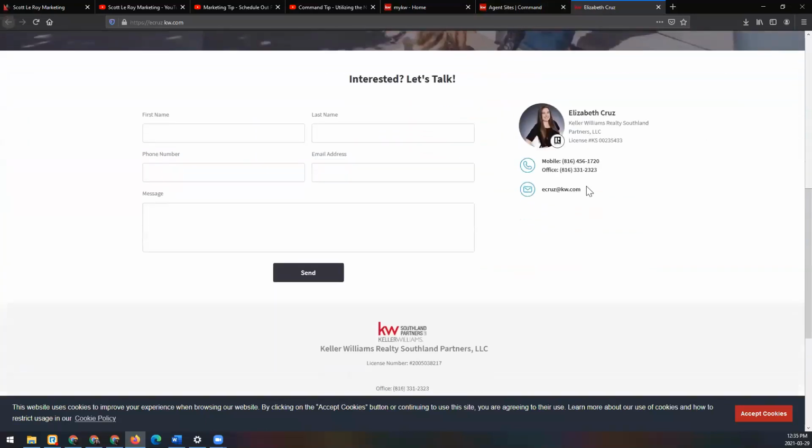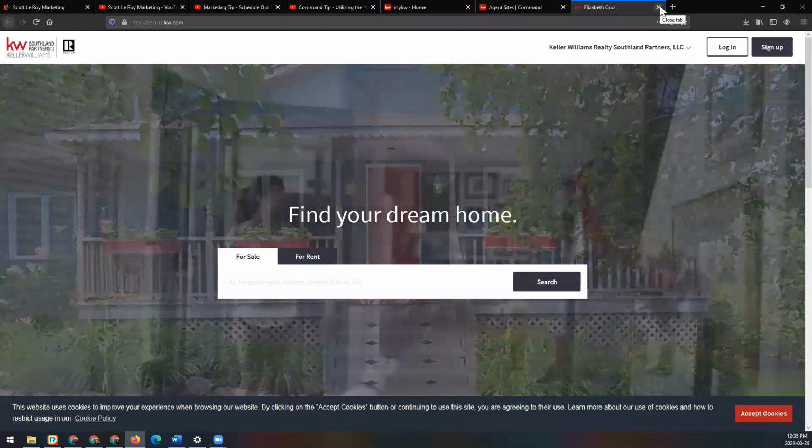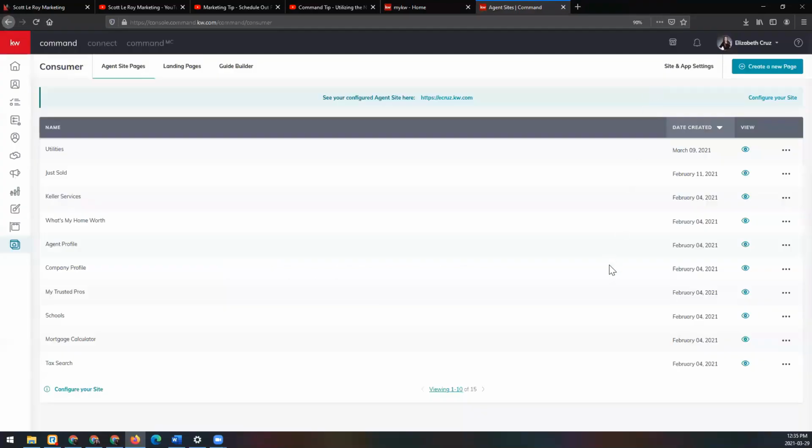Yep, so once you save those changes, you should see it here on your home page. Again, with the header text that we added, it'll look similar to this: interested, let's talk. But yeah, it looks like that's not working at this time. So I'm going to let KW support know. In the meantime, we're going to move on to item number 4,